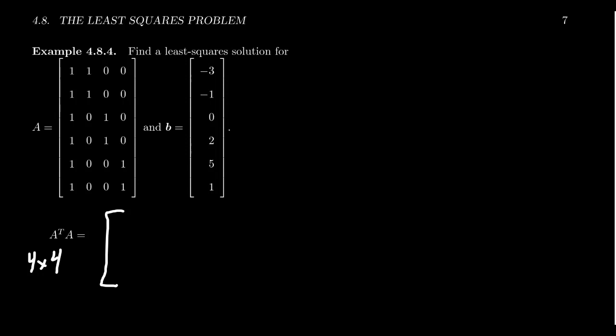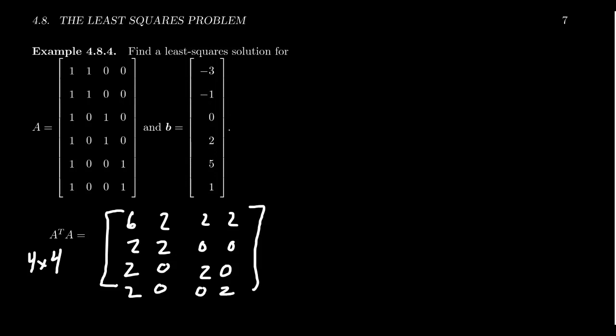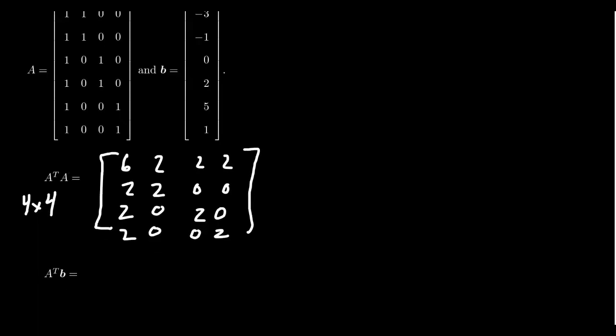But A transpose A will look like 6, 2, 2, 2, 2, 2, 0, 0. We get 2, 0, 2, 0. And lastly, we get 2, 0, 0, 2. Right there. And like I said before, this will always be a symmetric matrix, as you see in front of you. If we take A transpose B,